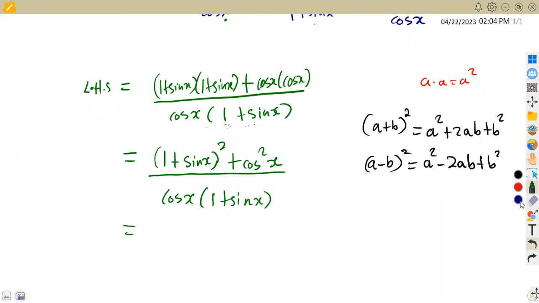Okay, so in this case, our a is 1, our b is sine x. So that means we are going to have a squared, which is 1 squared, and 1 squared is 1, plus 2ab, that is 2 times a, which is 1, times our b, which is sine x. So it's 2 times 1 times sine x, which is 2 sine x. So we're going to obtain 2 sine x plus the last term, which is b squared. Our b is sine x, so it's sine x squared, which is